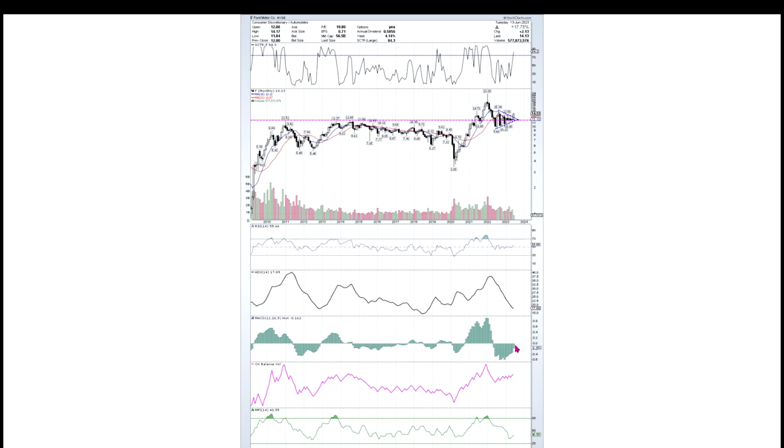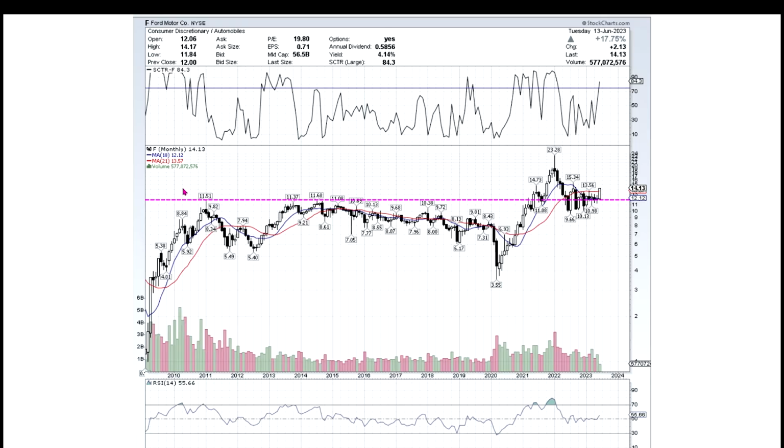We see the MACD is still a little bit below the zero line, but has been moving up. These are bullish signs here, the on balance volume moving up, and the money flow index also turning to the upside. We can look at this in a little bit more detail on another chart, but one main thing I want to point out is that these types of patterns where you get these long sideways ranges are basing patterns, and when markets come out of those, they can go into a new trending phase. Not 100% of the time, anything can happen in the markets, but what I'm seeing here, it looks to me as if Ford is getting ready for